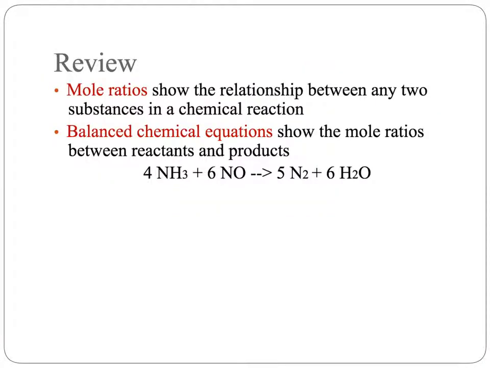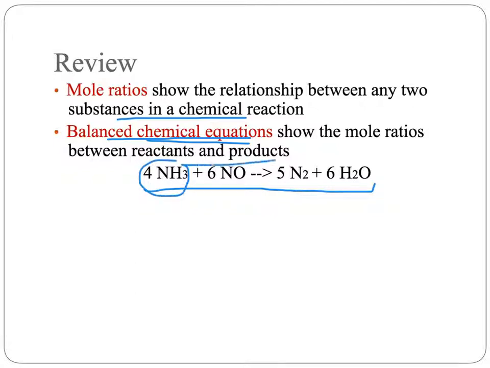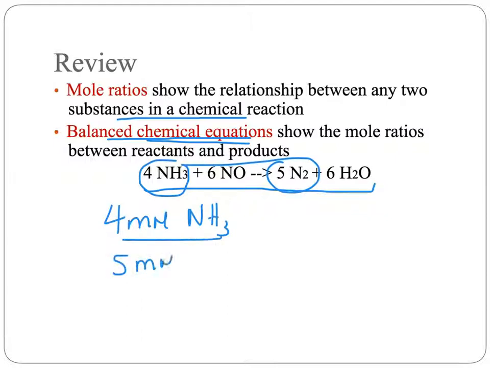Remember that mole ratios show you the relationship between any two substances in a chemical reaction, and that these must be balanced chemical equations to show the correct mole ratios between reactants and products. So just to remind yourself, we've got this balanced chemical equation where ammonia reacting with nitrogen monoxide makes nitrogen gas and water. And we could say that we have a mole relationship between a reactant and a product. So 4 moles of ammonia when reacted with a sufficient amount of nitrogen monoxide will give you 5 moles of nitrogen